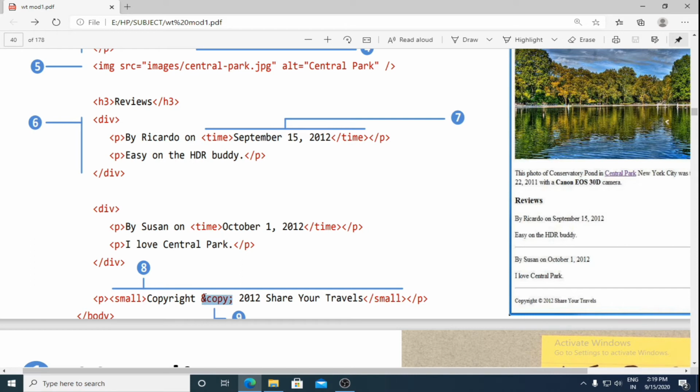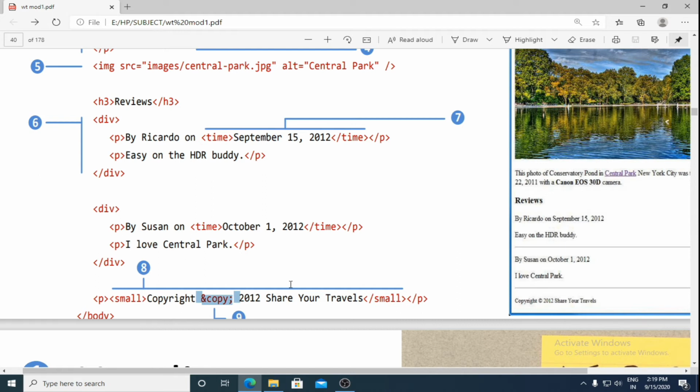This entity helps a small icon to appear, that is the copyright symbol, the character C enclosed within a circle. If you want that symbol to appear, you have to make use of this entity, ampersand copy semicolon.